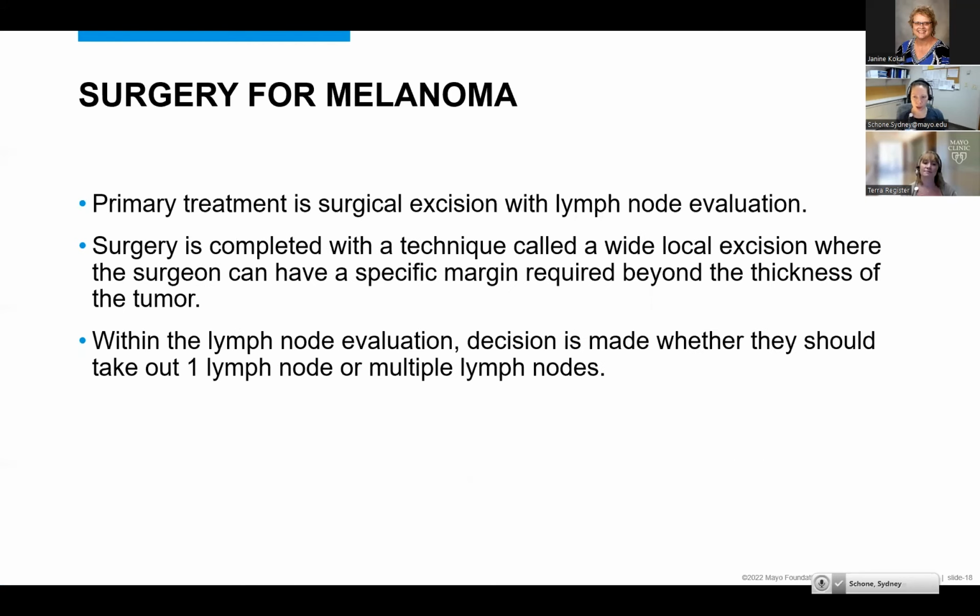So at Mayo, there's a shared division of breast and melanoma surgical oncology. They manage complex surgical conditions of the melanoma. They are experts in using melanoma surgeries to excise the melanoma, including sentinel lymph node biopsies, lymph node dissections, hyperthermia, intralesional therapy, lymph node dissections, as well as robotic pelvic lymph node dissections.